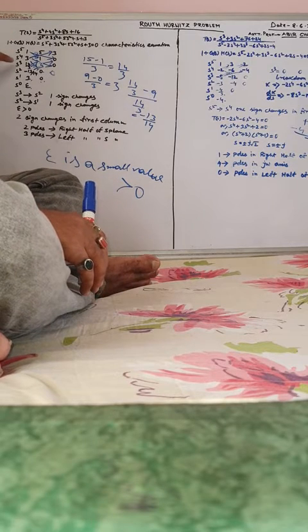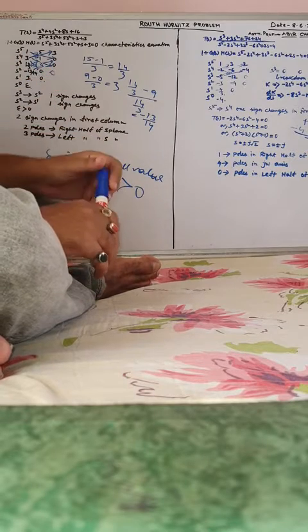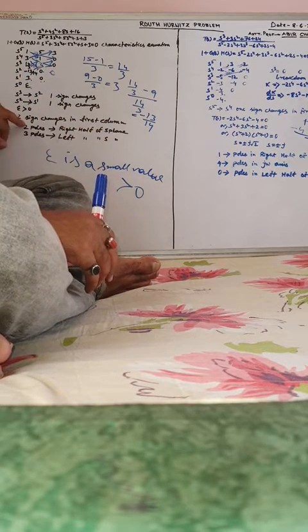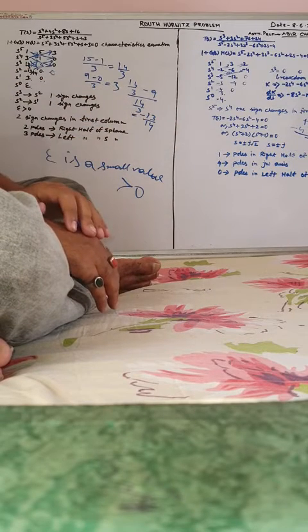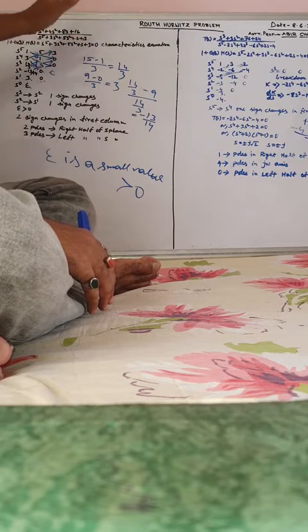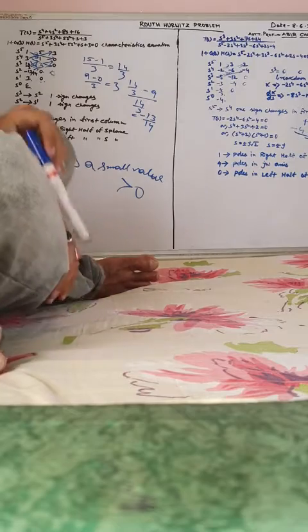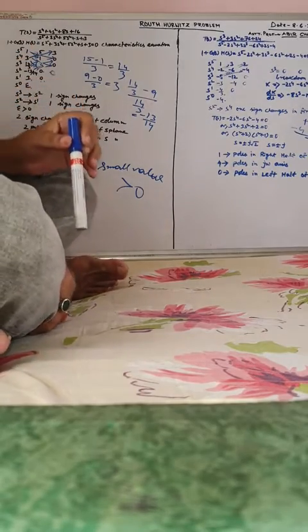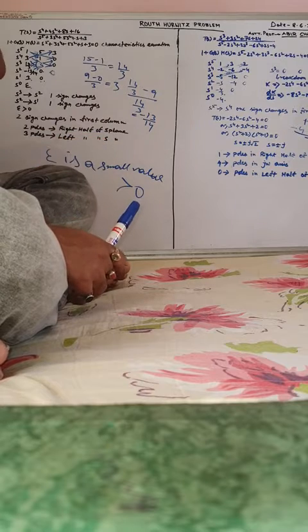Here there are 2 sign changes, S3 to S2 and S2 to S1. So 2 poles lie in the right half of the S plane. Here 1 pole lies in the right half of the S plane. This is problem number 1 and problem number 2. So we have solved 6 problems. Yesterday we solved 4 problems regarding the Routh-Hurwitz criteria. These two are quite different problems.